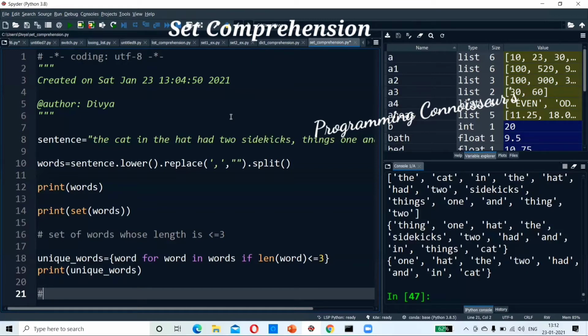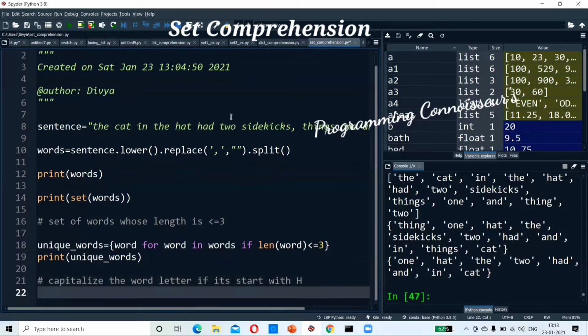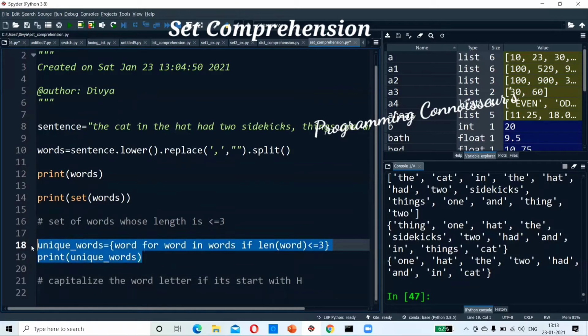So now we are going to do an expression. Capitalize the word letter if it starts with H. So how will I do it?